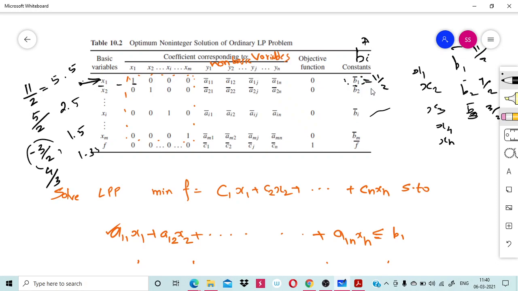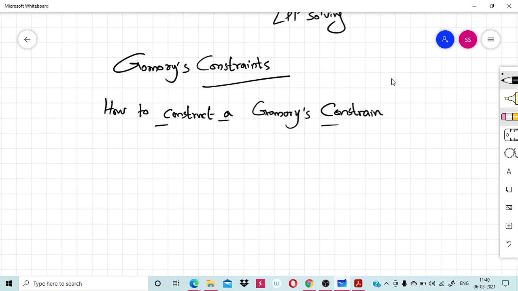Then what you have to do, I will tell you. And if there is a tie in the fractional values, suppose b2 bar is also 11 by 2, then there is a tie. In that case you can choose any of them. So I am taking arbitrarily